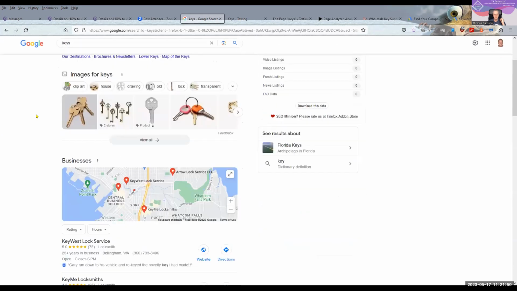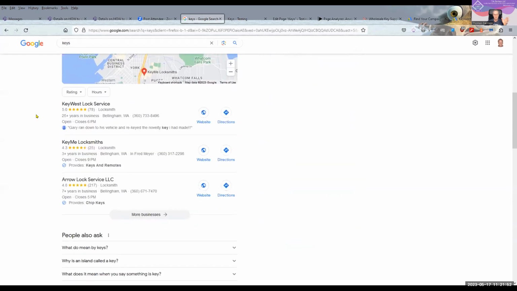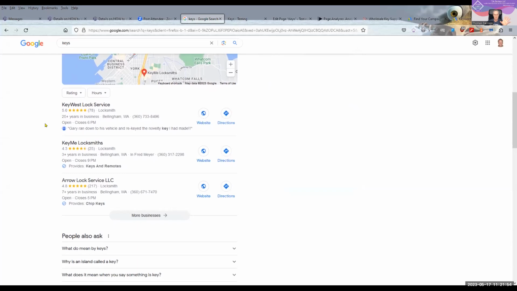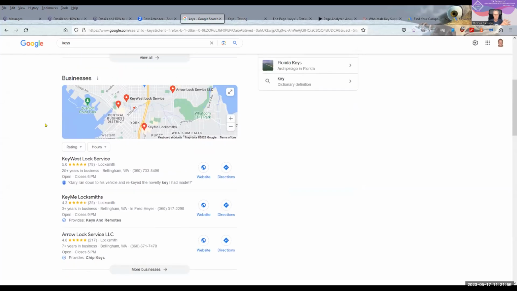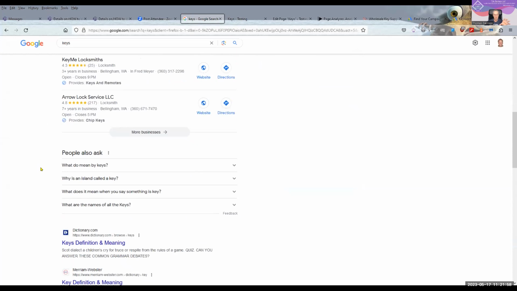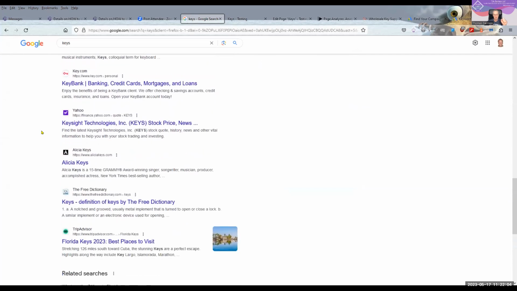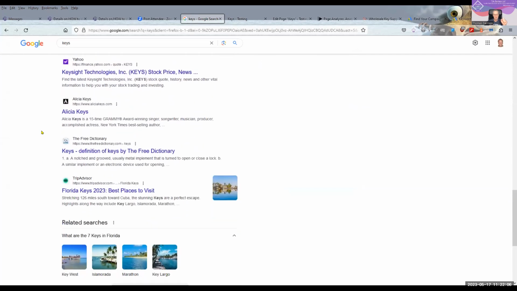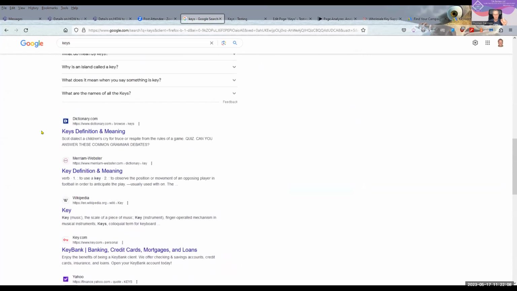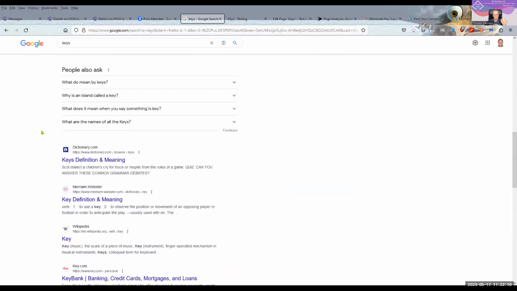Now, anyway, you've got these ads up here, and that's fine. If you were selling keys, you'd want to be in this with TriPack. But your generic sites are down underneath all those ads. The ones that you want to see if you can beat a keys definition.